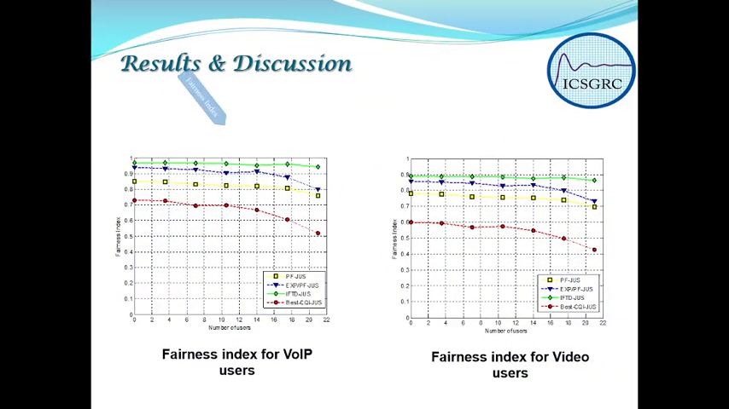Here I will explain the results and discussions. For the fairness index, we can see in this slide the performance of the proposed scheduling algorithm based on the fairness index. These figures show the algorithm performance by fairness index with respect to the number of users for VoIP users and video traffic flows. It can be noted by comparing the proposed algorithm with the other well-known scheduling algorithms in VoIP traffic at the left side